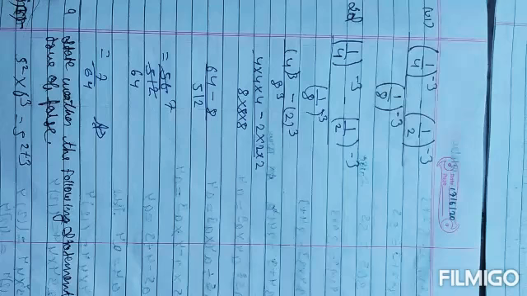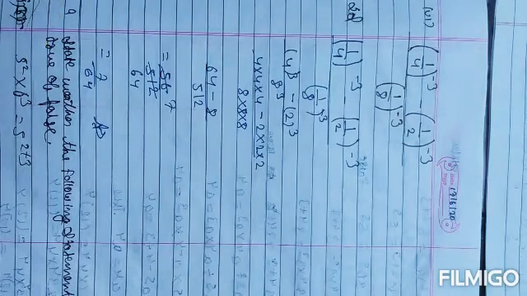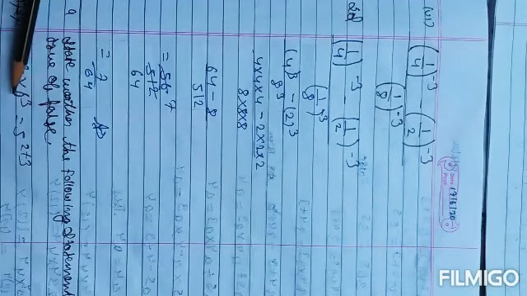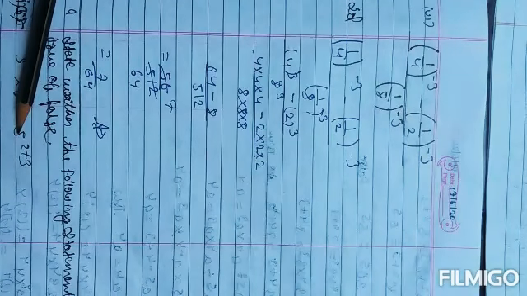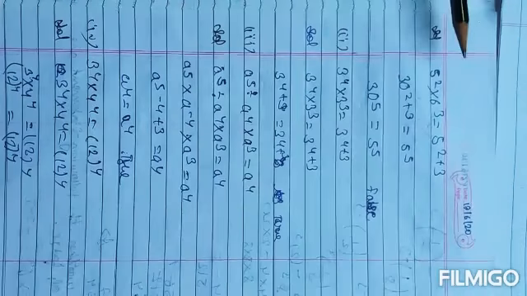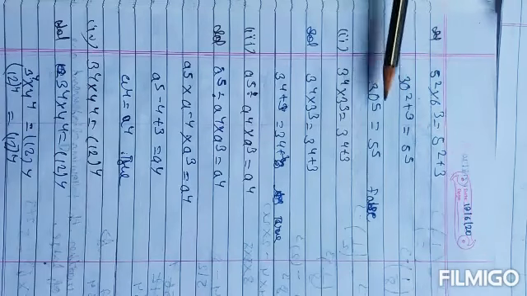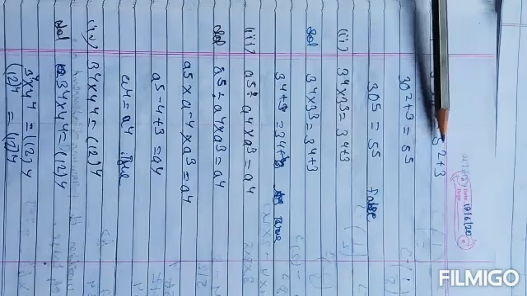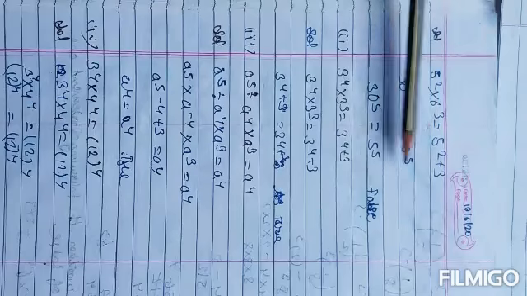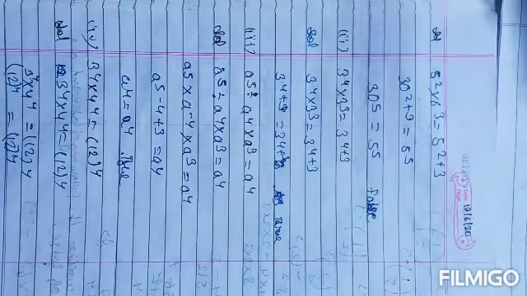Question number 9 it's given, state whether the following statements are true or false. So here you have to check both sides, whether the statements are equal or not. If your answer is coming equal, it means it's true, otherwise it's false. So first question it's given (5^2) multiply (6^3) equals 5^(2+3). So 5 multiply 6 you will get 30. Power you have to add it, you will get 30^5. Here you have to add 5^(2+3), you will get 5^5. Both sides are unequal, so the statement will be false.